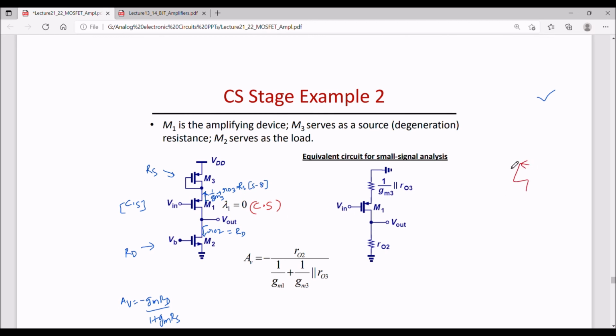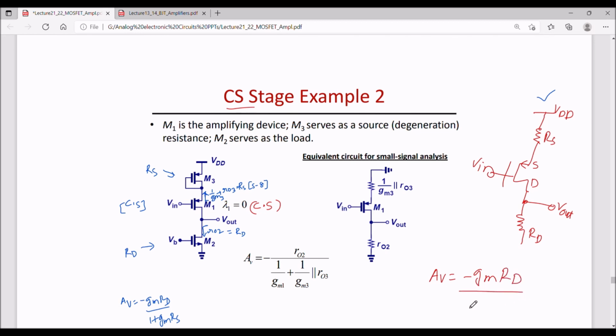So this is a PMOS now. Source is here, drain is here, and the output is also here, Vout. So load is connected to the drain and source has a source degeneration resistance. So this is my RS, RD, and here is my input. The gain of this common source circuit we had seen was minus GM RD by 1 plus GM RS, which we had calculated some time back. So if I can find out RD and RS here,